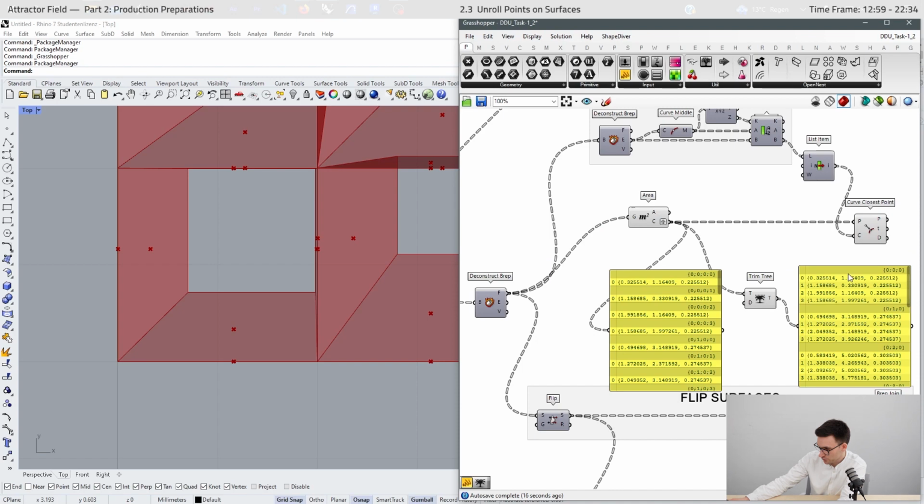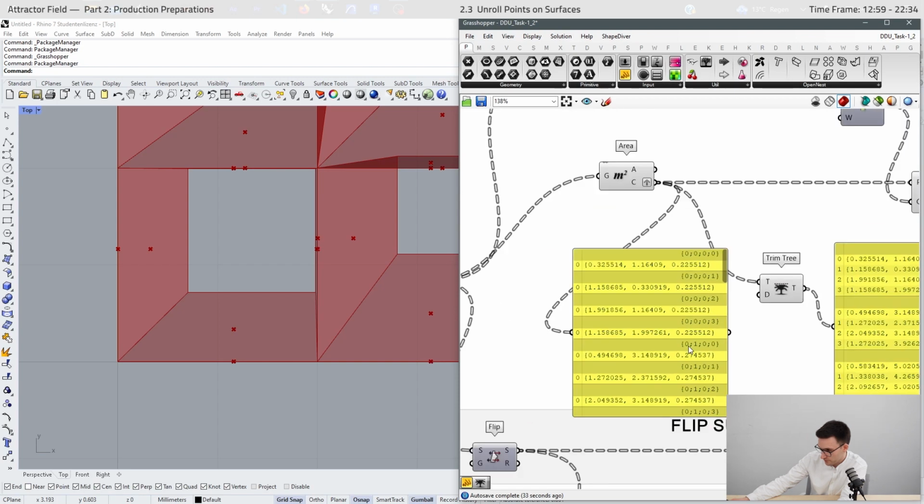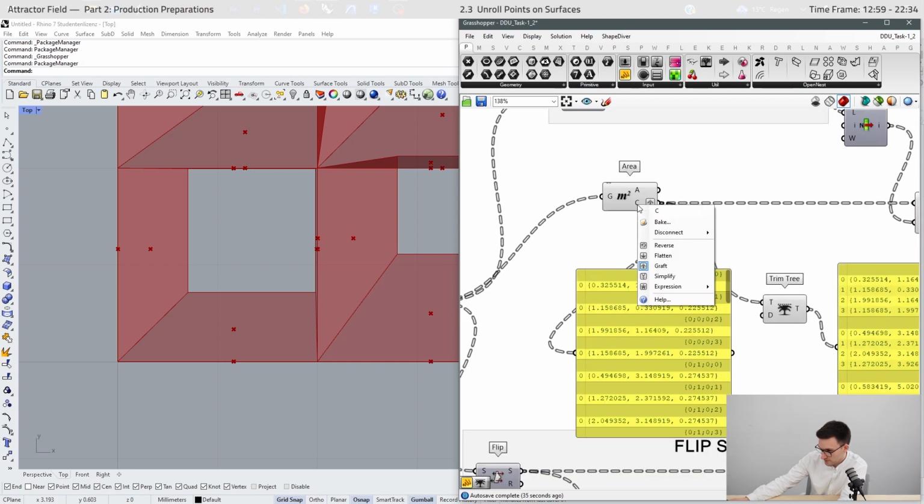And then we can see that we have our previous list structure, and that's because we can take a look on the list path. Here we have 0, 1, 2, 3, and then again 0, 1, 2, 3, and here we have the path. Okay, we can simplify it.